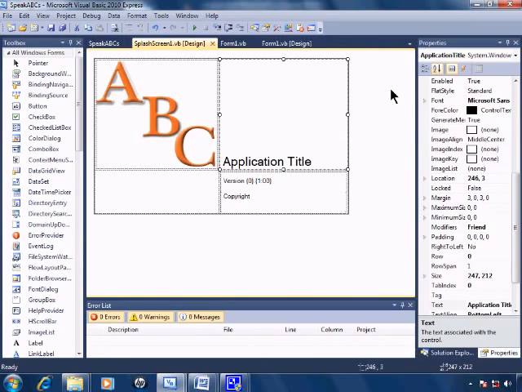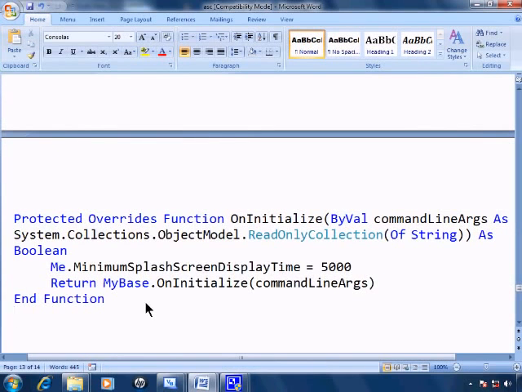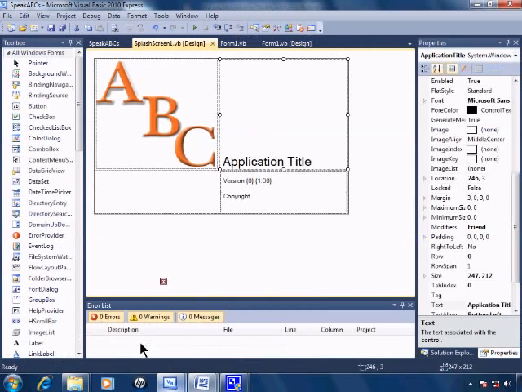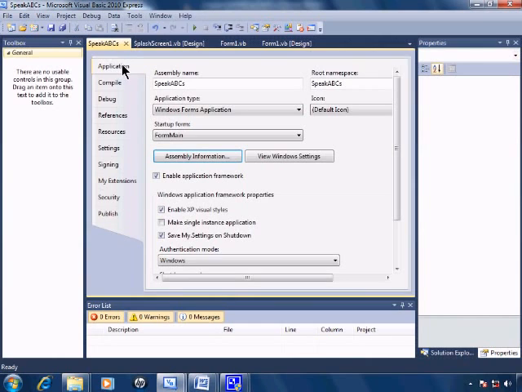One thing that I do not care for in the splash screen is that it moves very quickly. You only see it for a split second before it disappears. So I like to slow it down. This code here is the code to override the splash screen. It will have the splash screen visible for 5 seconds. I'll highlight the code and copy it, go back to Visual Basic, and here's where you insert the code into your application. Go back to the properties,